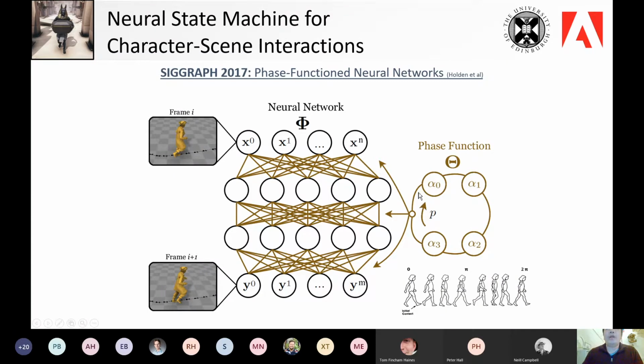And then compute a unique neural network weight for this main neural network, according to the phase, yeah? So we use this Catmull-Rom spline for interpolating these four control points. So this phase is again changing from 0 to 2 pi, and given the phase, these 4 are interpolated, and then that computes the unique weights for this phase, yeah. And then we can